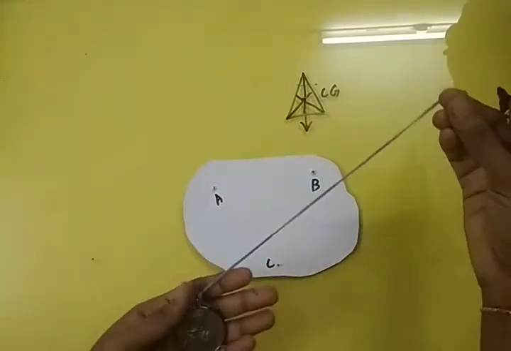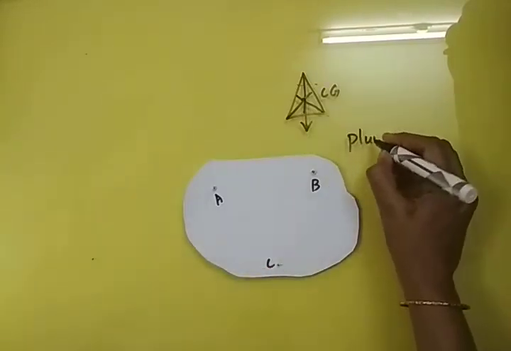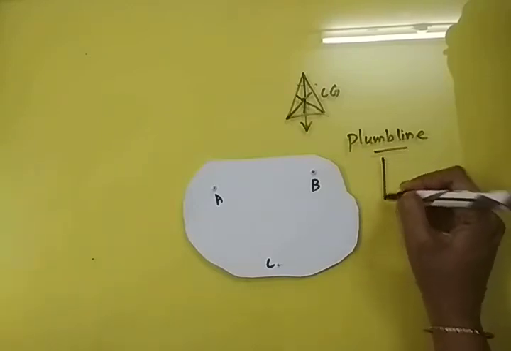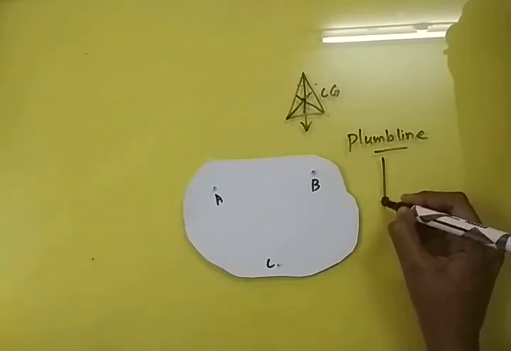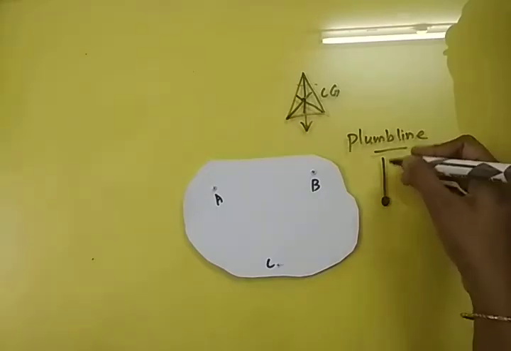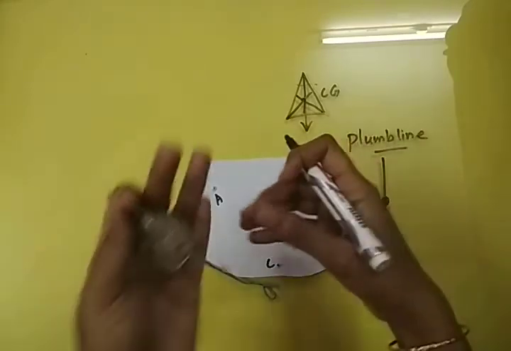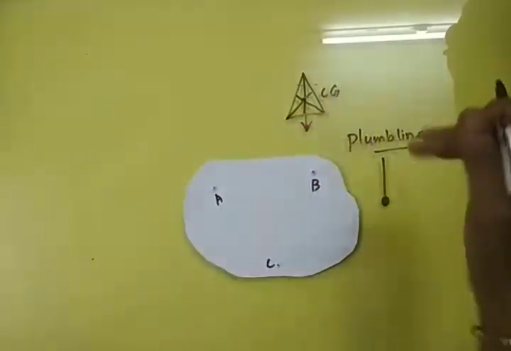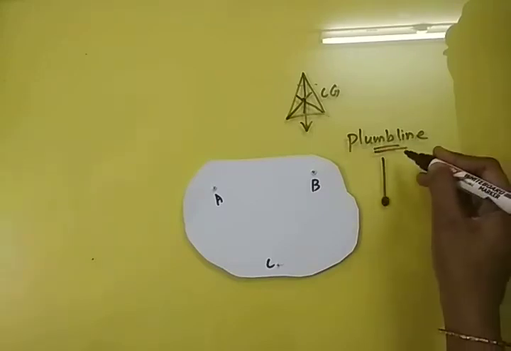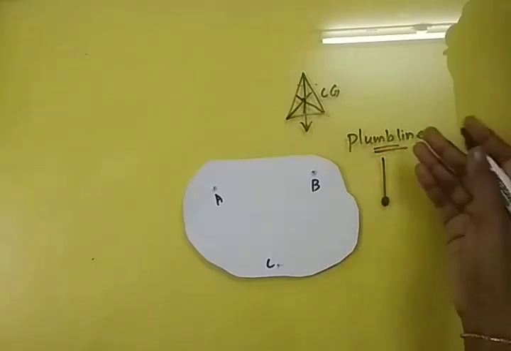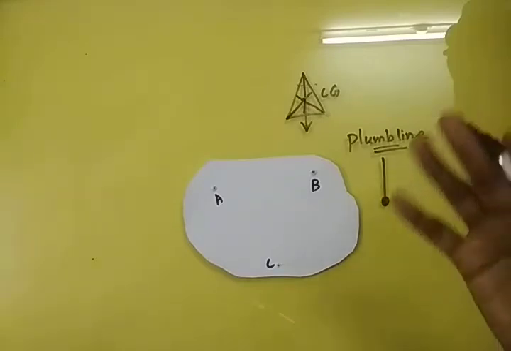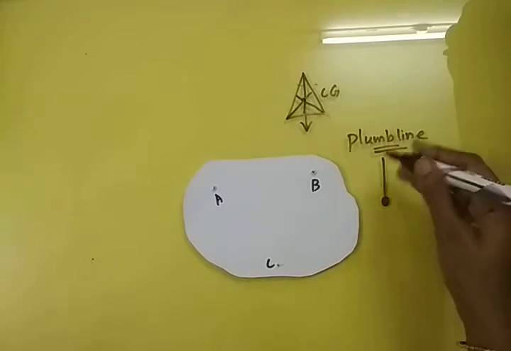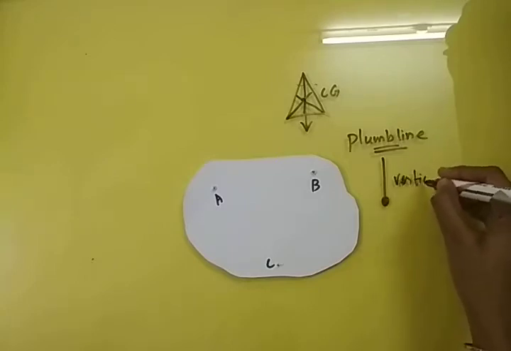Do you know what a plumb line is? P-L-U-M-B-L-I-N-E. A plumb line is nothing but a string, a thread with a metallic bob attached to it. But since I don't have a plumb line, I am going to use a twine attached to a strong metallic dollar. This plumb line is usually used by masons and carpenters to check whether a wall or construction is properly vertical or not.